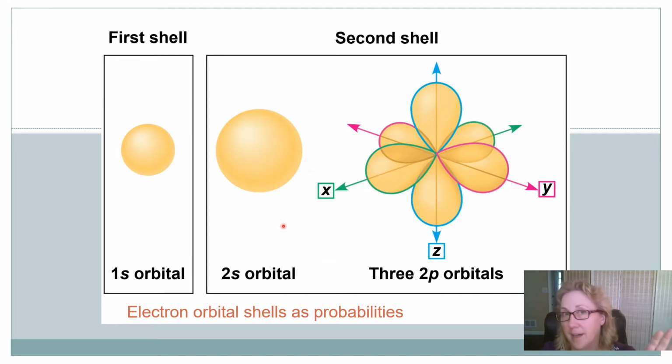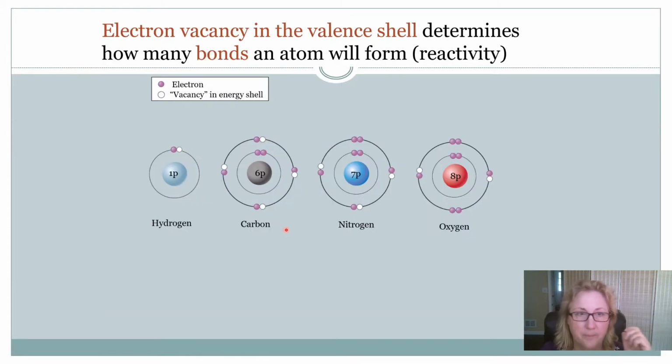But if you're going to take an upper-level chemistry course, you can learn all about that. Or especially organic chemistry, that becomes really important. So we're going to go back to our solar system models, though. So here we have these